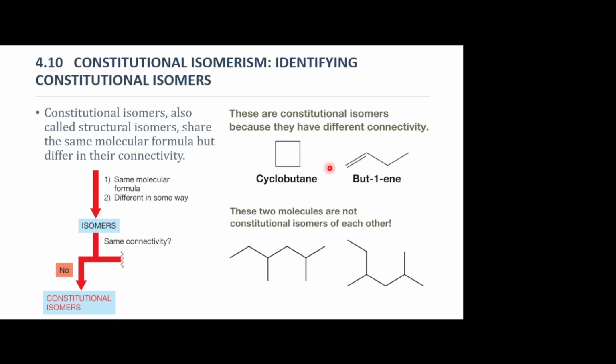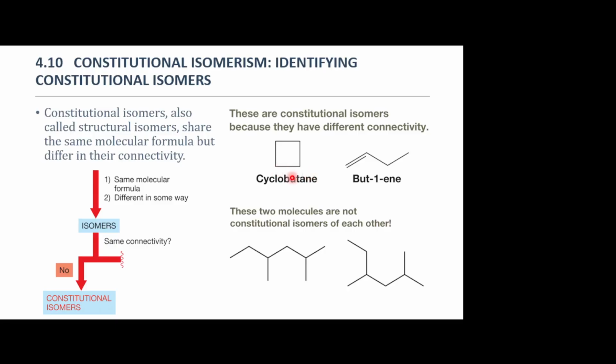So if they're named the same, they're the exact same molecule. Then maybe they're stereoisomers, but they're the same molecule. Okay, and they're not constitutional isomers of each other. If they would be named differently, they'd be constitutional isomers. If their molecular formulas would be different, i.e., you don't have 4 carbons, 8 hydrogens anymore, then they're definitely different